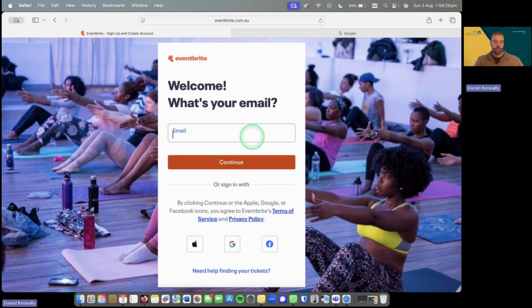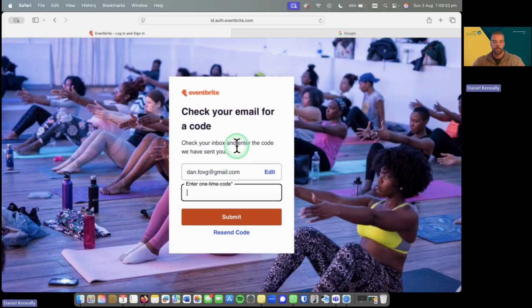I'll just delete that and show you the other way, which is Control or Command V, which will also paste. It doesn't really matter which one you want to use, whatever you find easier is great. So I've got my email address in there. This is the account that I want to get emails through for Eventbrite. I'll click continue,